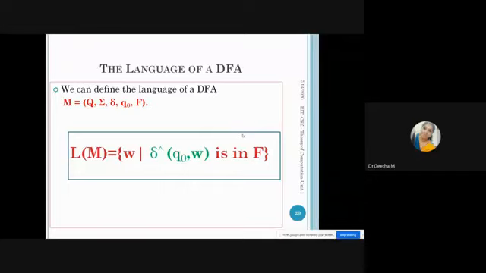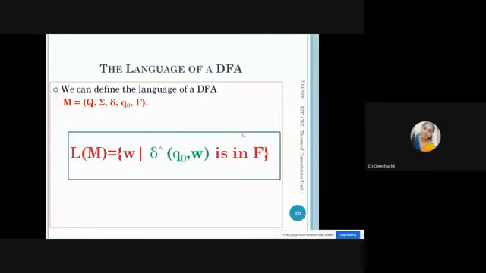Actually, in a descriptive manner, we are defining the language of DFA, which can be mathematically given by L of M. So what is L of M? This is the language for M. What is M? M is a finite automata or deterministic finite automata, M equal to (Q, Σ, δ, q0, F). So now you are defining the language of DFA, which is equal to, see the formula in the box, L of M equal to W. Which means you want to verify whether W belongs to the language or not.